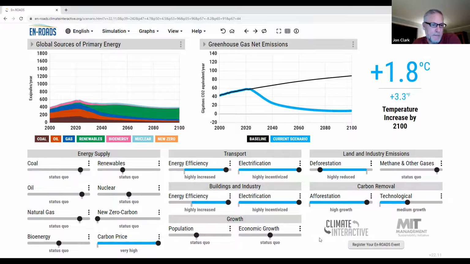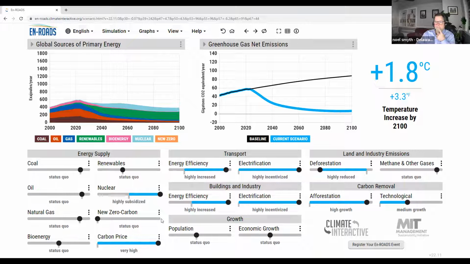Or nuclear. Nuclear. What did that do? More nuclear meant less renewables, but it didn't actually mean less fossil fuels per se. So let's just leave the nuke alone. Again, that's another lightning rod. Kathy,